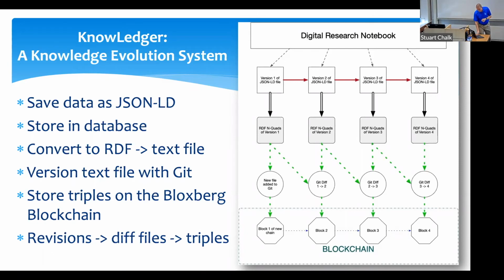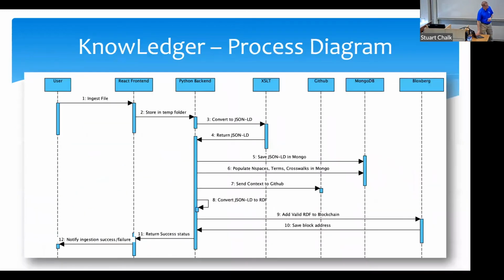So this is, like I said, a prototype project. We were working with data from NIST in their additive manufacturing program. We're going to finish writing this up at the end of the year, and there will be a paper on this sometime in the first quarter of next year. This is just the overall process. You can see this is the information science student who knows how to do process diagrams, not something I put together.